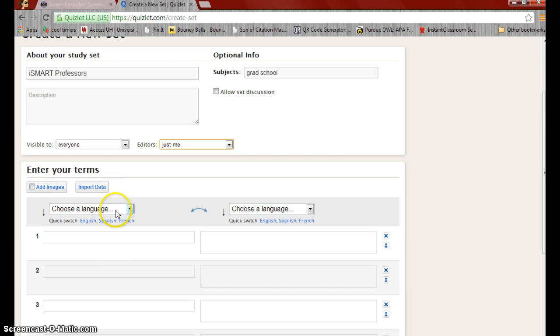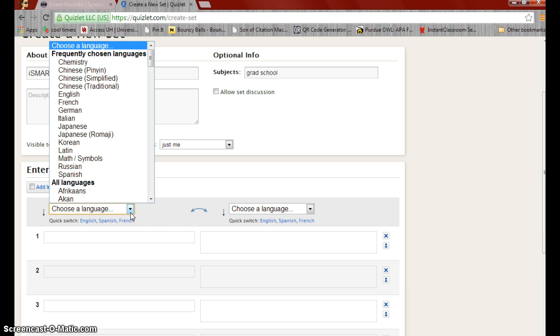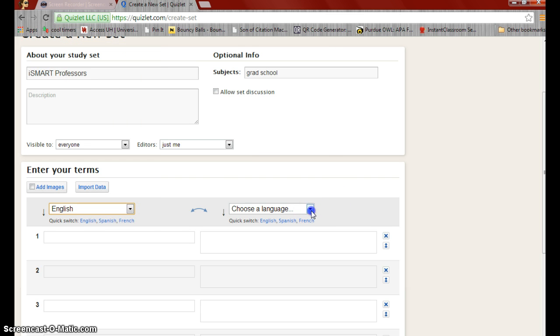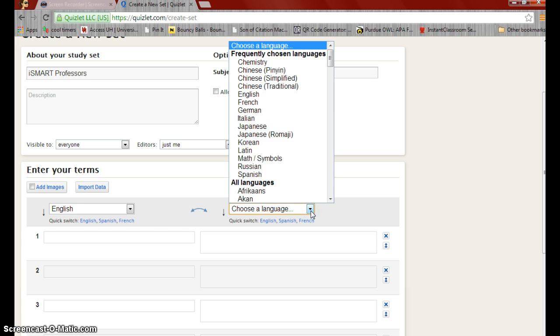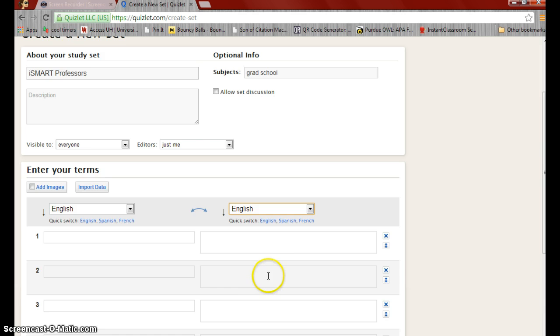So you scroll down here and it gives you this little template, and this is where you add stuff. Now you can import data, so if you already have information, almost like a spreadsheet, you can import it and it'll come right over. But you do have to choose a language, so you want to start with English, and it will translate for you if you want. It'll make it in a different language, but let's just do English to English, make life